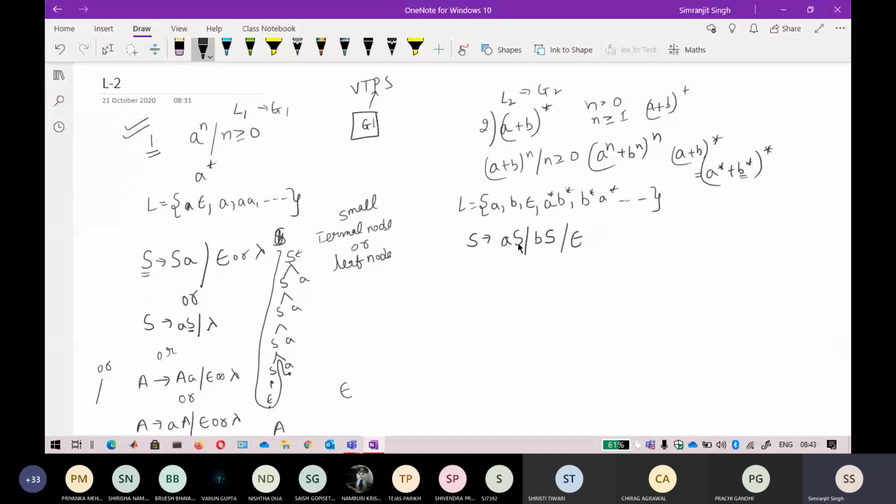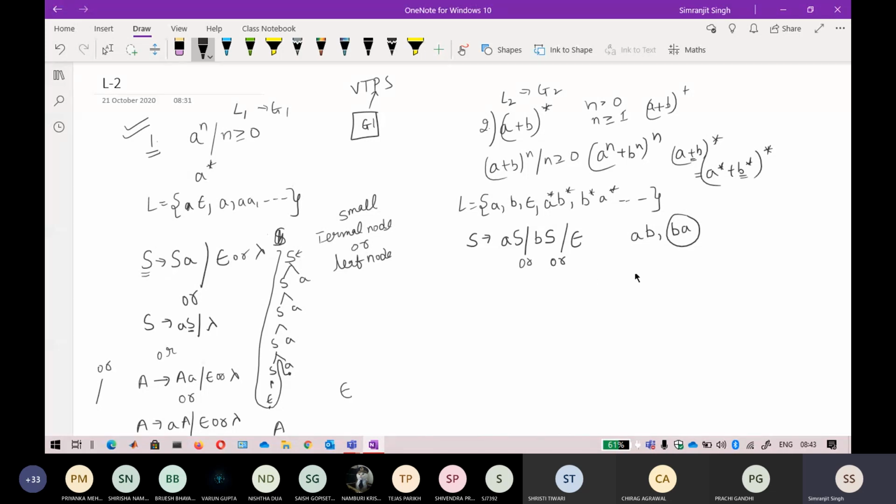Most of you will be thinking that if I have defined this AS and BS, it means the order is always that A should be followed by B, and that B should be followed by A will not come. That is not the case, because this is OR. Due to this OR, you can take this A or this B at any point of time. This one is also OR. So we can take any B or any A, and this is raised to power a star. So star means it can be epsilon also.